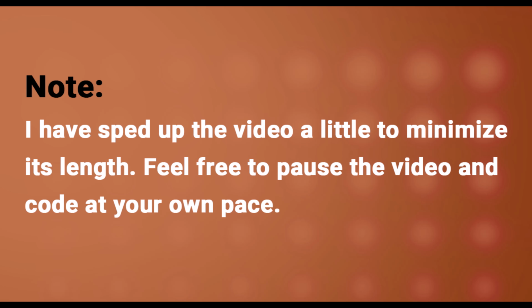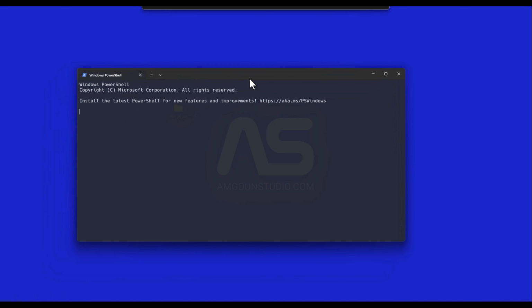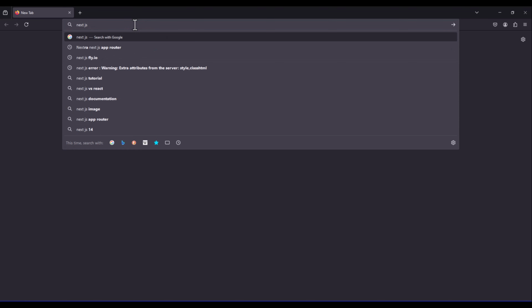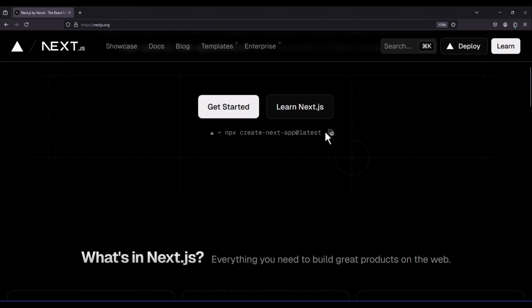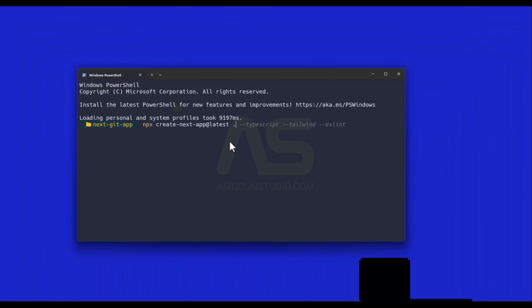Let's jump to the code and create a folder on the desktop that will hold our application, and I will call it Next-Git-App. Open the project with your terminal, and to start a Next.js application, let's open the Next.js website, and from there, copy this command and paste it in your terminal with the dot at the end, so we initialize the